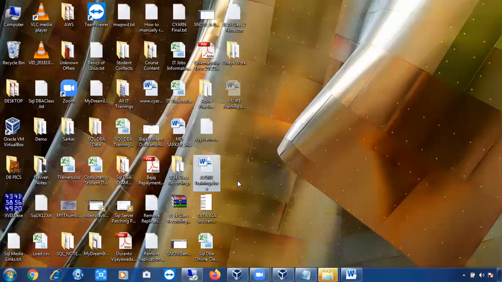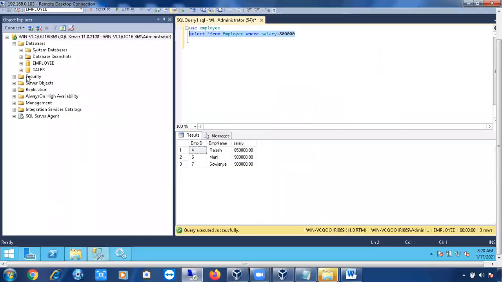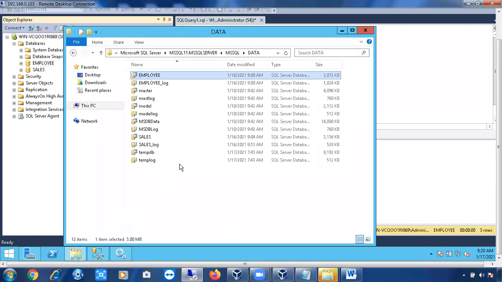In the same way, if the database is online in SQL Server Management Studio, you cannot delete any files that belong to the employee database. If you want to delete it, make sure the database is offline, then you can delete it. But again, don't delete. Once you delete the data files and log files, that's it. The database will not come online, so that will be a problem. In case there is any task like that, you have to do it, but usually don't delete any files.